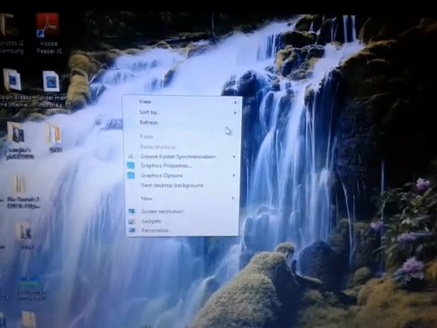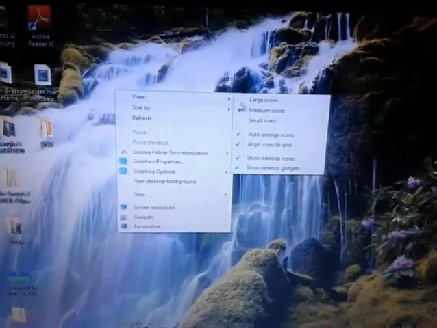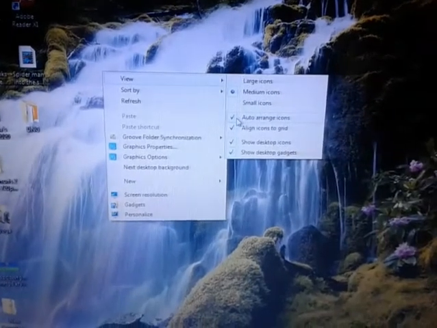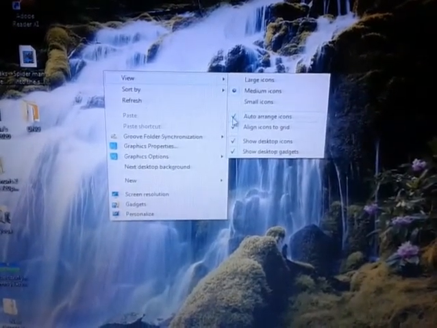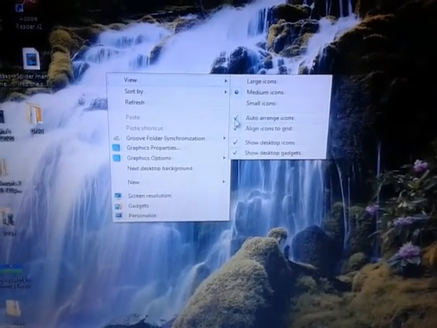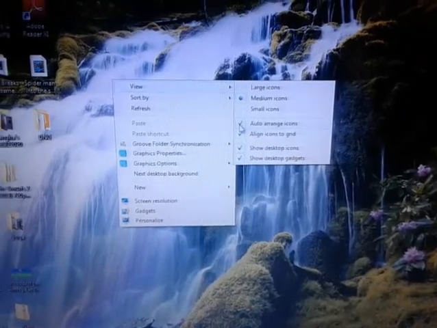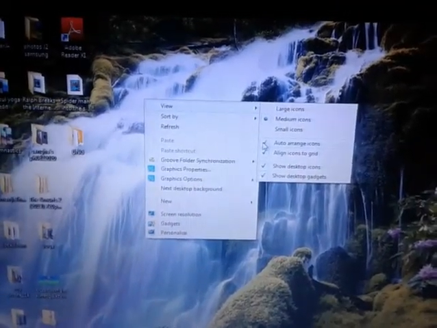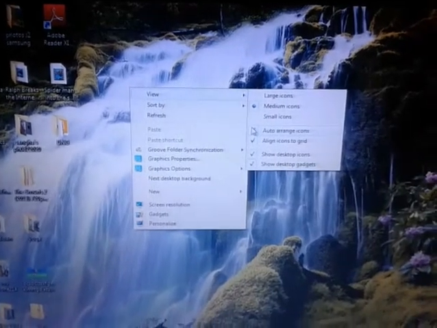Now to arrange the icons, on my computer you can see a tick mark is given beside auto arrange. This tick means I have allowed the computer to arrange it automatically.